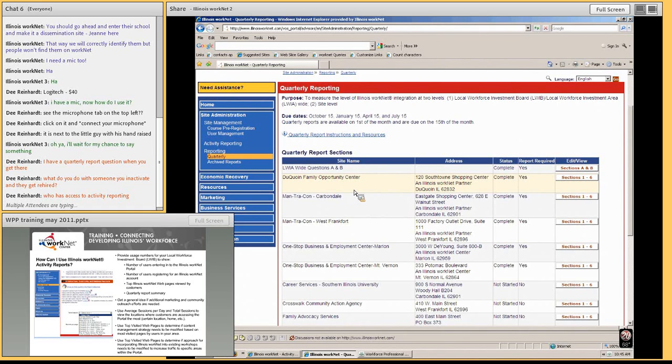The sites that are not WIA-funded, it's just simply yes/no questions on how you are using Illinois WorkNet, and it can be used as a communication tool. Some areas like to use it as a